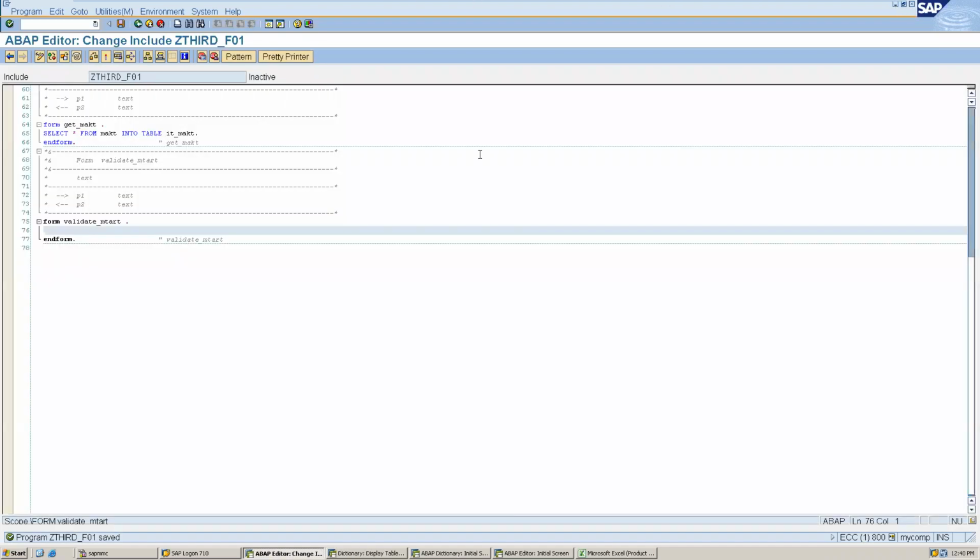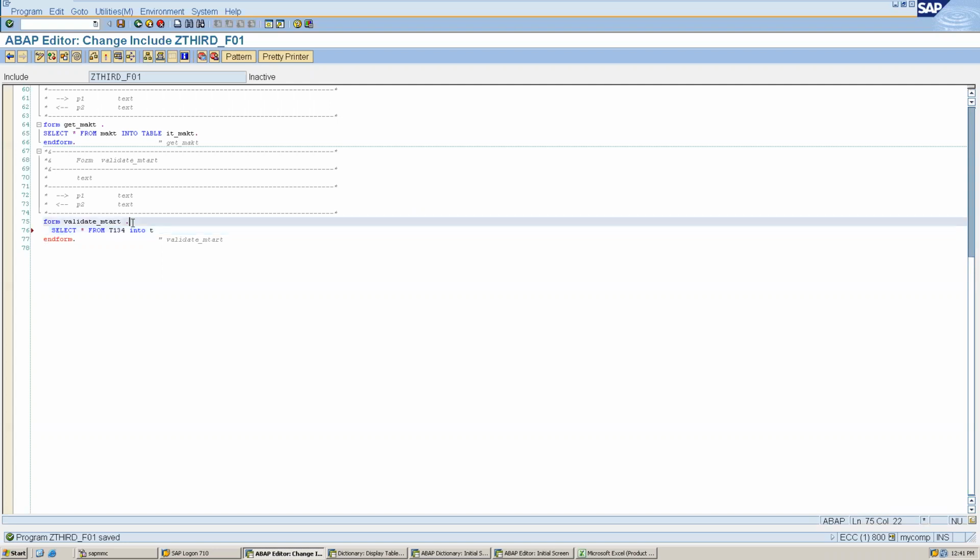So how can we validate? Select star. Instead of star, I do not want to select everything. Let me write first whatever we have learned from this table. Into, I have to give some table name, right? But I do not want to give any table name.